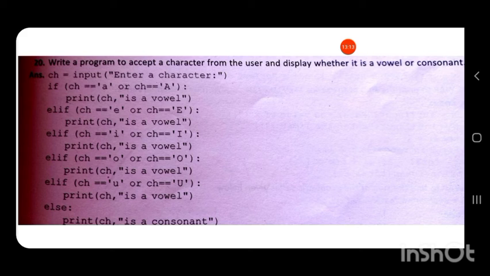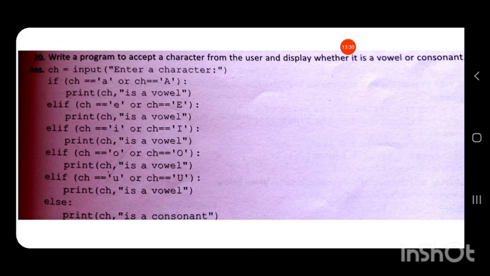So we have a limited number of vowels, that is A, E, I, O, U. 5 characters are there which are vowels. So either capital A or small letter a can be a vowel, or E, I, O, U, capital or small, are vowels. So all the other characters are consonants.